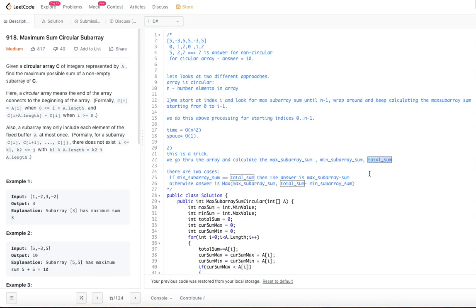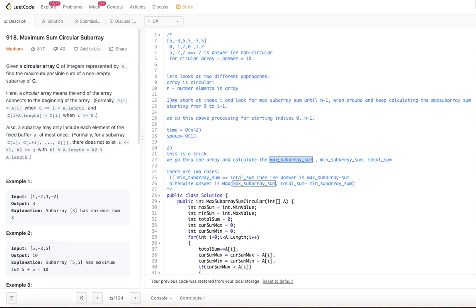Otherwise, we have the max subarray sum, and we subtract the minimum sum from the total sum. Because we have total sum, minimum sum and maximum sum. The maximum sum is the maximum that you can get, total is what total you can get, and minimum is the lowest possible sum across the array. If you subtract the minimum from total, you might get a different sum than the maximum sum.